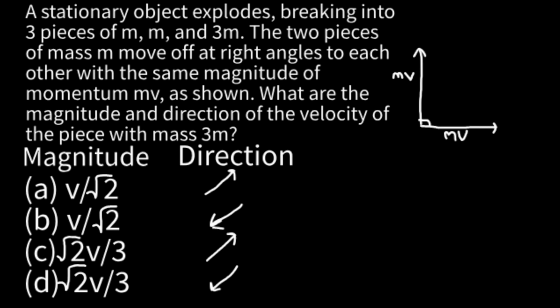So notice that this object is initially stationary, and by the way, I really encourage you to pause this video and give it a try. Because our object is initially stationary, its initial momentum is going to equal 0, which equals its final momentum. Remember, this sigma just means the sum of. And in order for that to happen, this third m needs to have components of momentum that are equal in